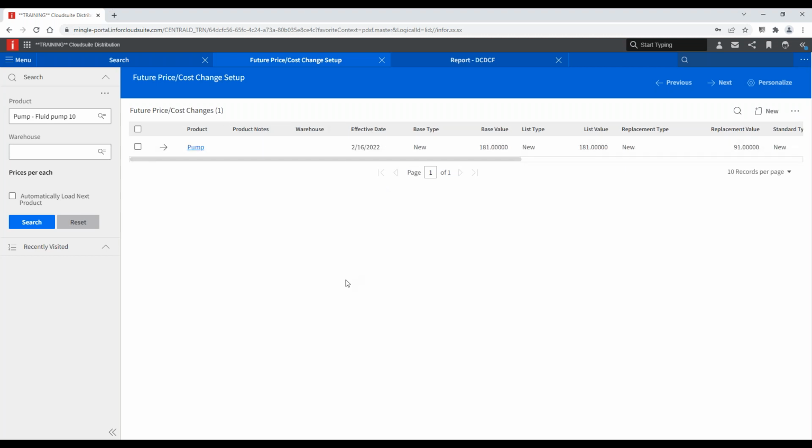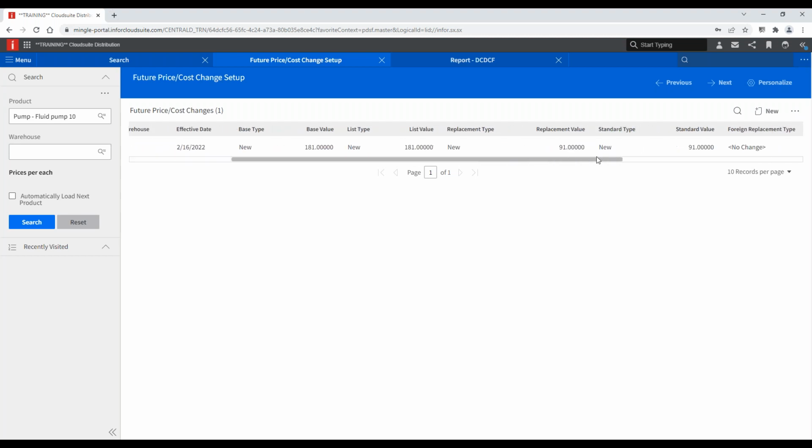Your actual costs in your warehouse at this time have not changed. Nothing's changed. So this future price cost record is in the system, but your ICSW, for instance, if I have my replacement cost here, my ICSW record is not reflecting this change yet. And so that is what that PDAPF